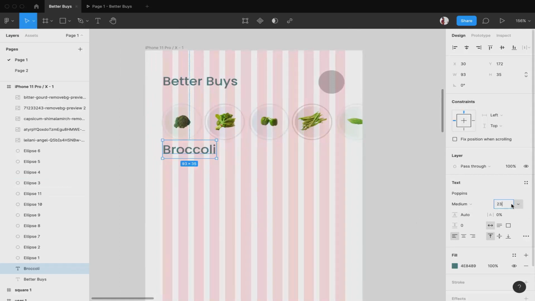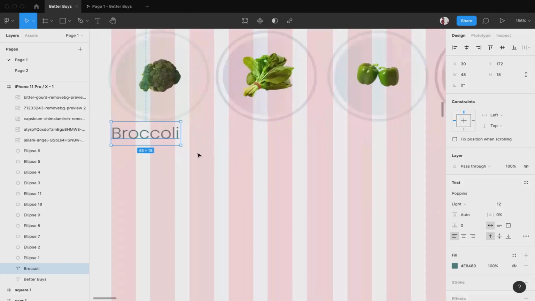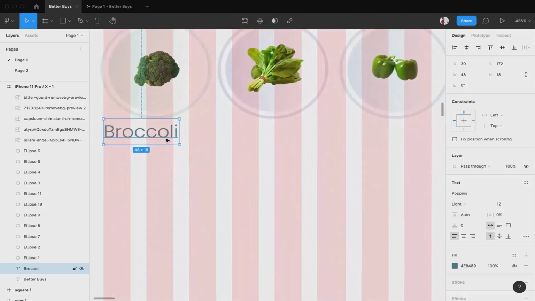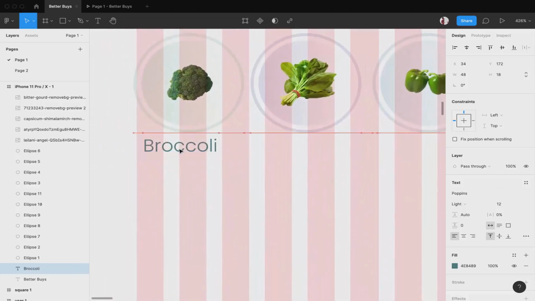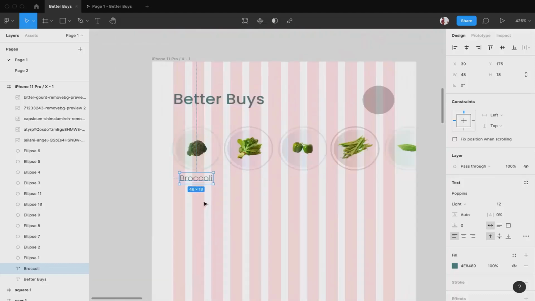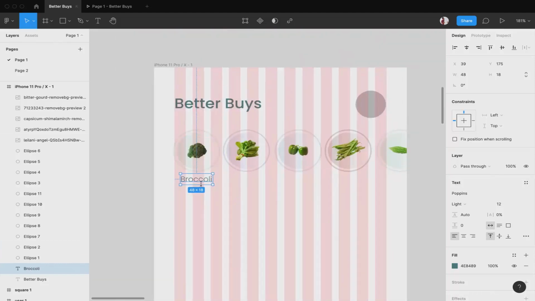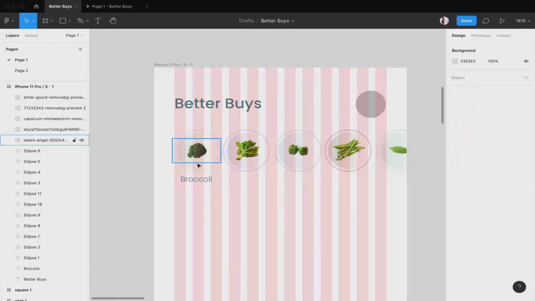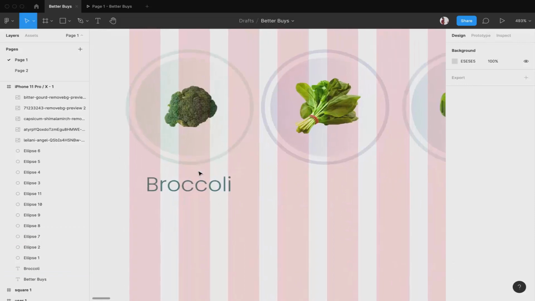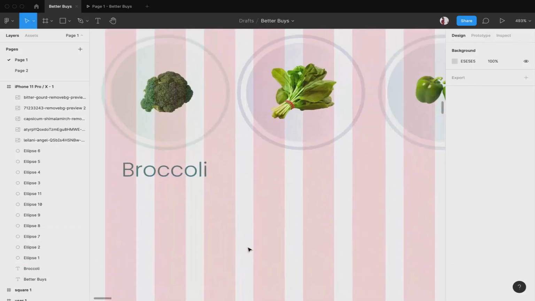Now this is very big. Let's give it a smaller size. 12 seems fine, and from the middle I'll make it light, so you can see the stroke is a little bit lighter now. Okay, that is what I was looking for. Now you can see I have the text below. It is aligned. They all are on the same axis, and this amount of space is enough, I guess.